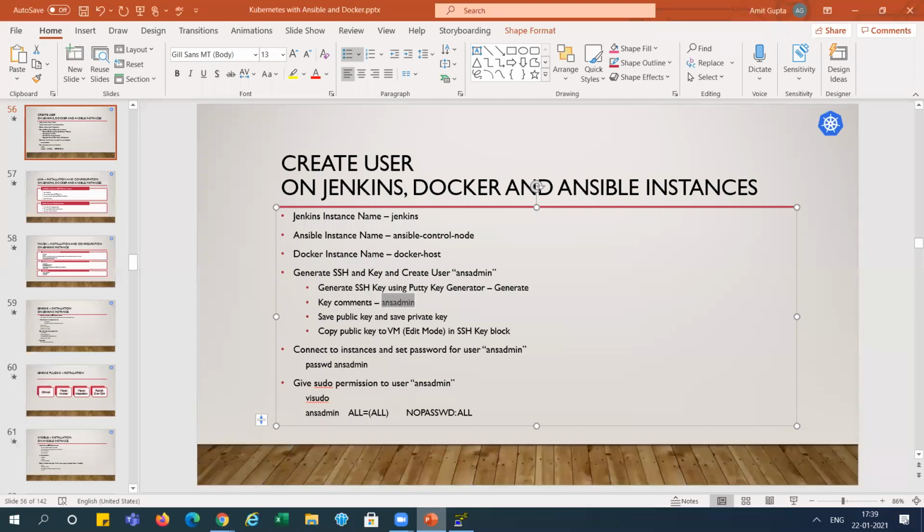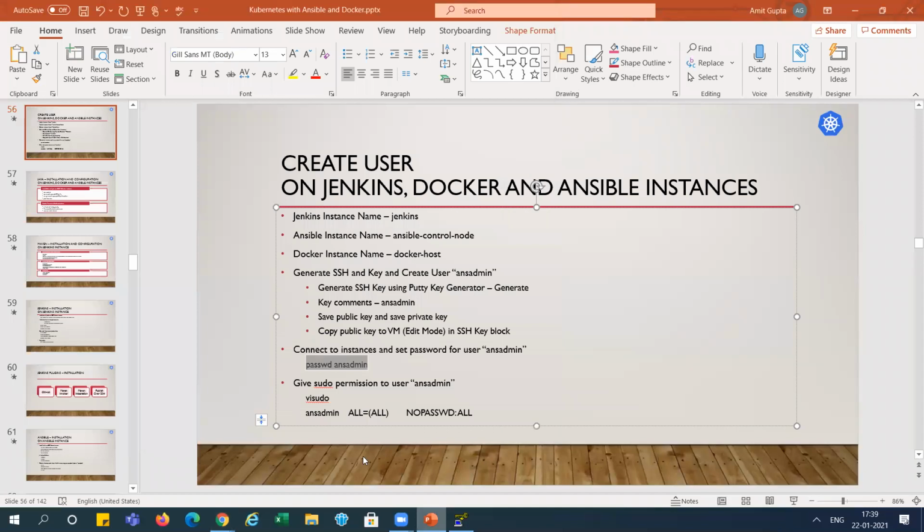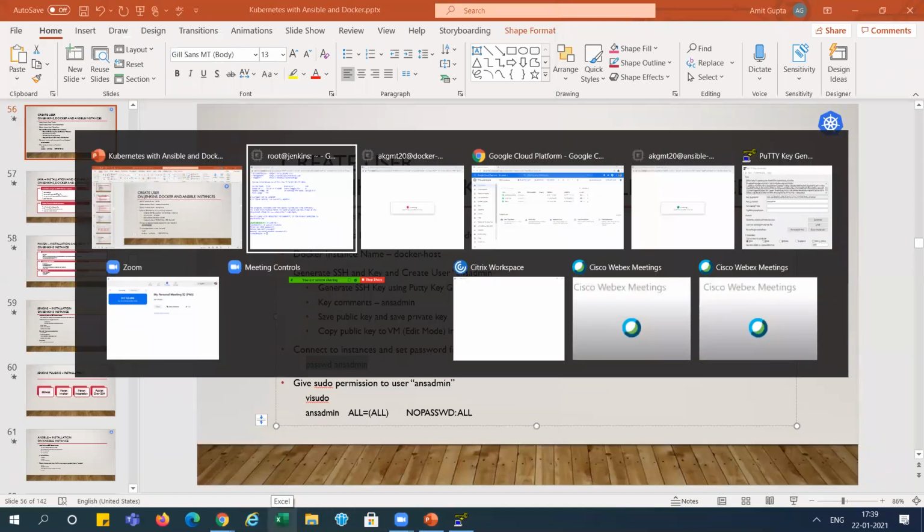Now, what we need to do is set the password for the ANS admin, right? So I'm taking sudo, right? I'm putting the same name as the password. This password is done, and now go to the second system.